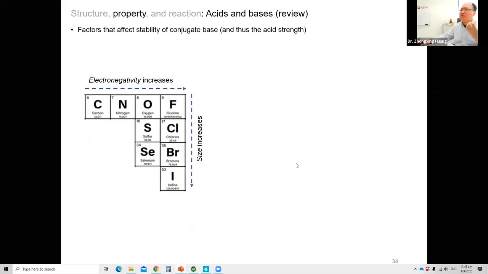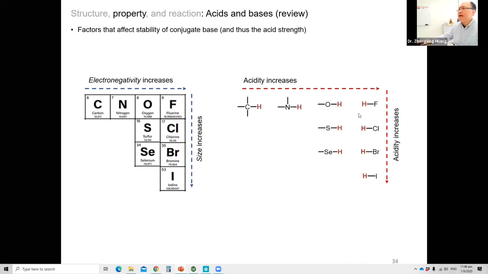So now I'm going to show you some trends. From the left to the right of the periodic table, the electronegativity increases, which means the atoms on the right absorb electron density more strongly. And from the top to the bottom, the size of these atoms increases. So how do these properties affect the acidity? Because the electronegativity increases,